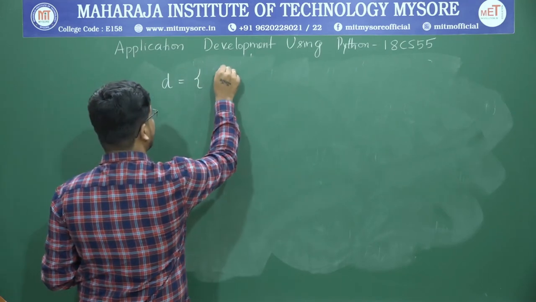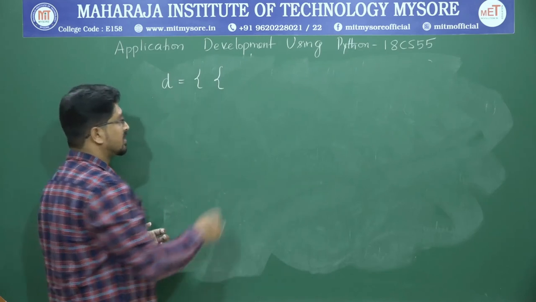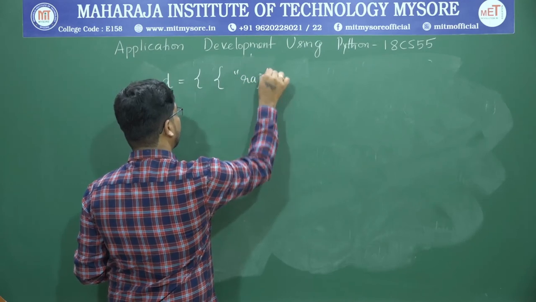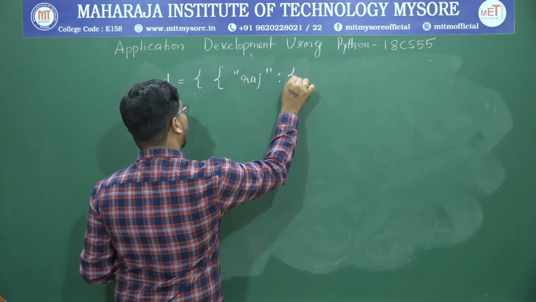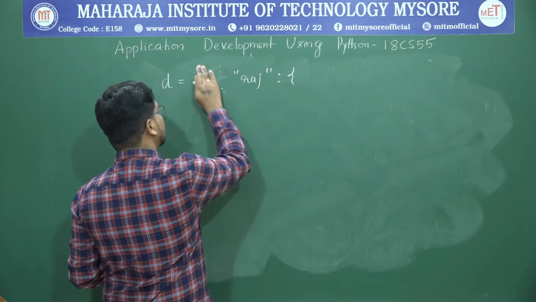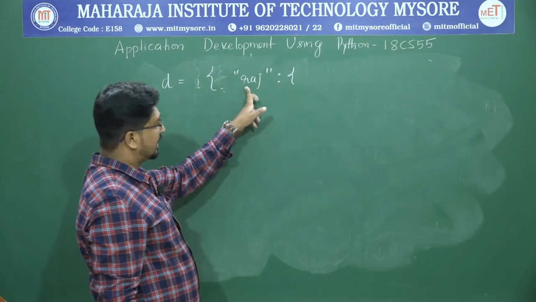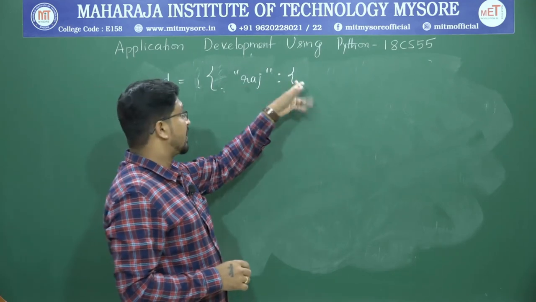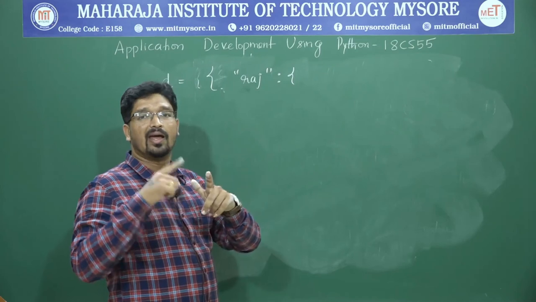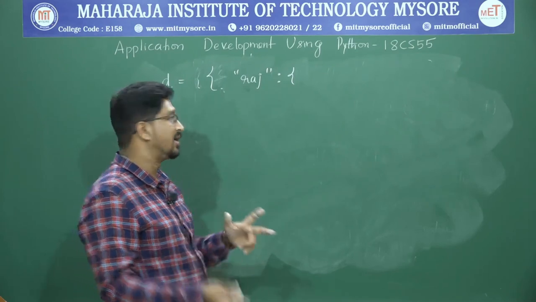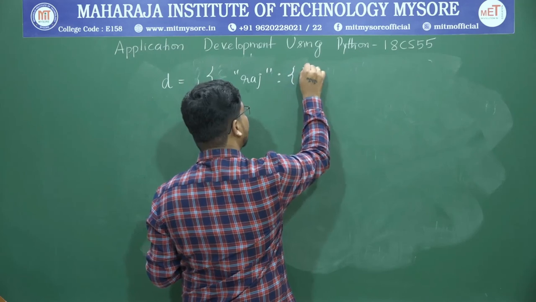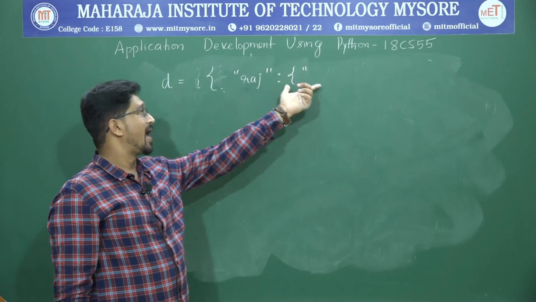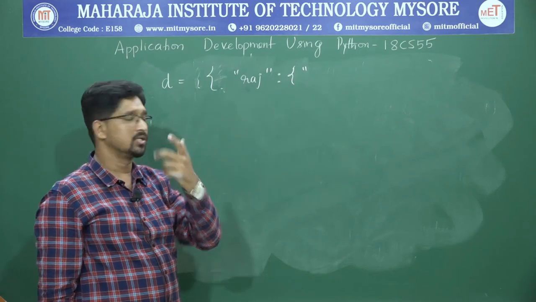I will write the first dictionary. Inside that I will write the first dictionary. Let us say person. Let us say Raj is a person, and inside that consider a dictionary. A key is Raj, the name of the person, and inside that as a value I will consider a nested dictionary, let us say items. Again a dictionary consisting of key and value pairs. Here the main dictionary name, the value is nothing but one more small dictionary.